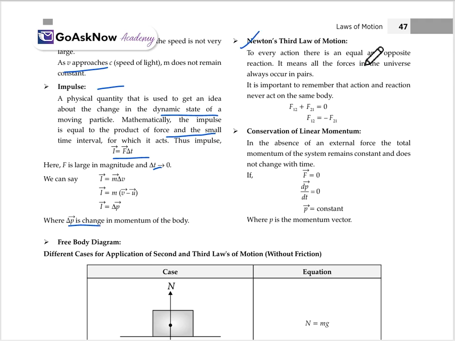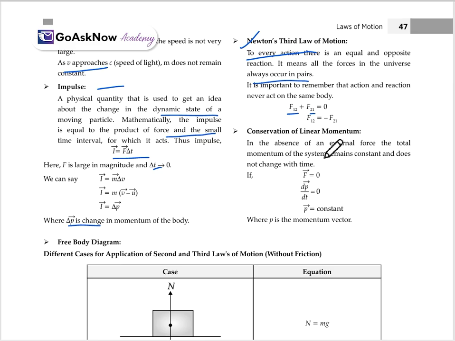To every action there is an equal and opposite reaction. It means all the forces in the universe occur in pairs. It is important to remember that action and reaction never act on the same body. It means F12 plus F21 will be equal to 0. We can say F12 is equal to minus F21. In short, if there is an equal and opposite reaction for every action, this will be Newton's third